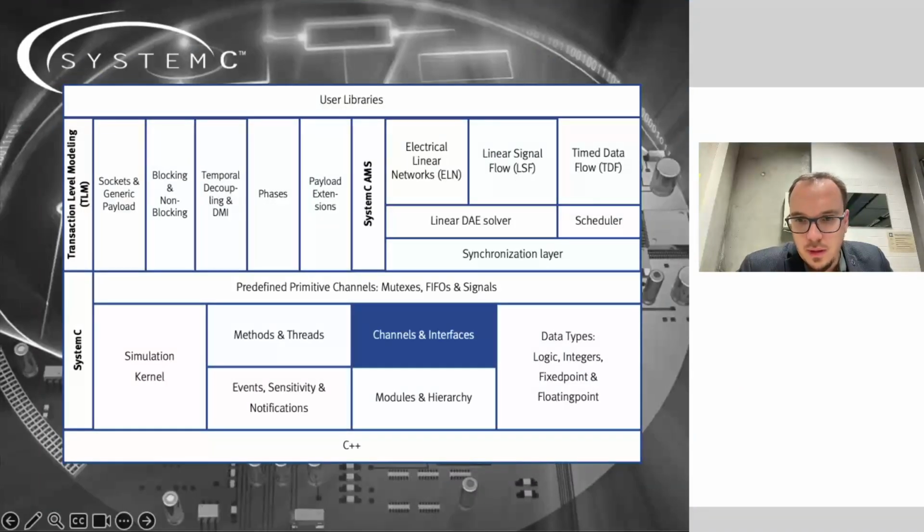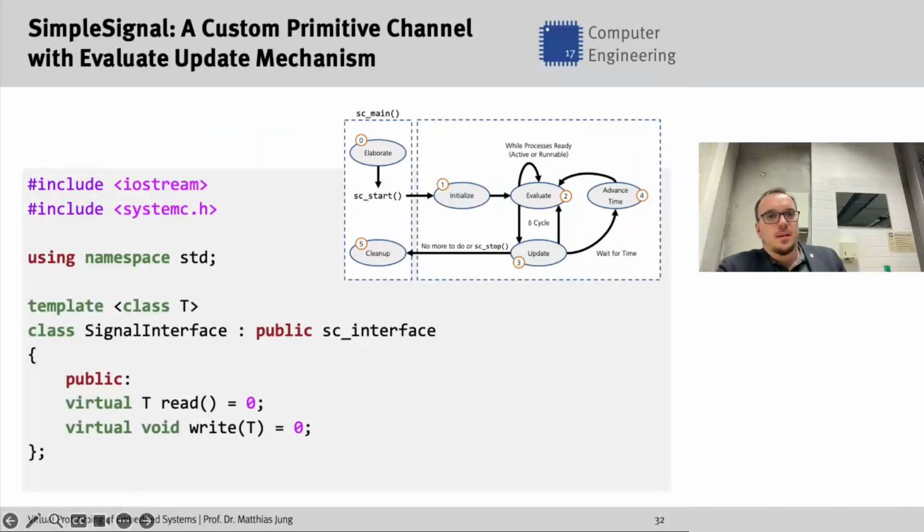So this is the important thing, this picture. We have the evaluate phase, and you remember all processes that are marked as executable will then be evaluated here. So we will execute them, and then they will generate events. So they will call writes. And then when the write function is called,